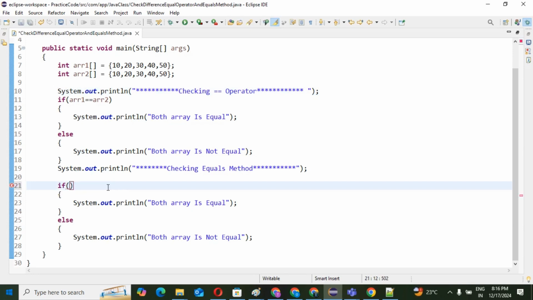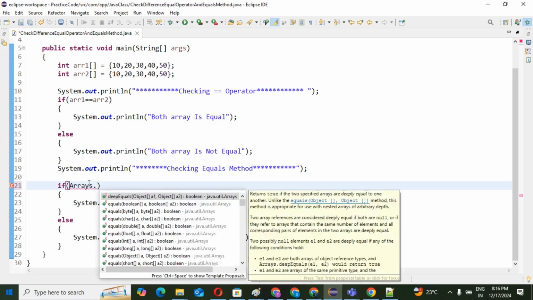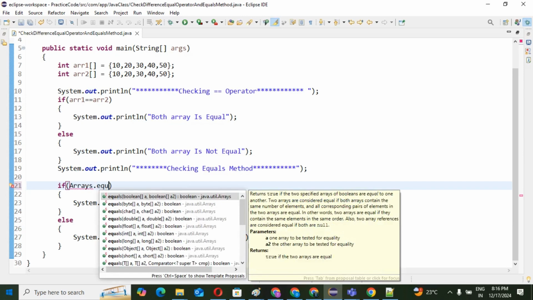You know one thing: our equals method is available in the Arrays class. The equals method is a static method. So we can call Arrays.equals. You can see the equals method.